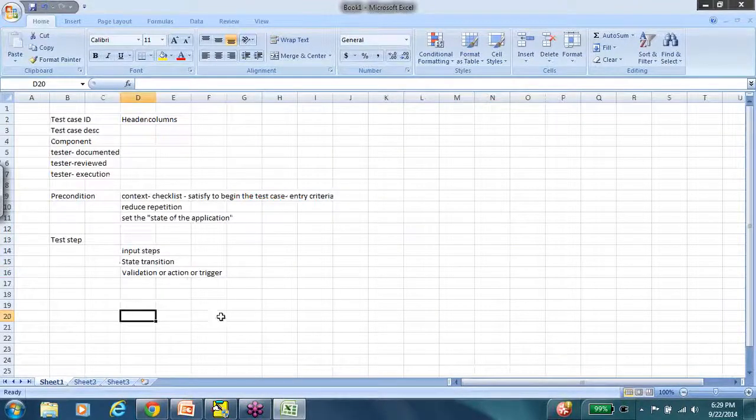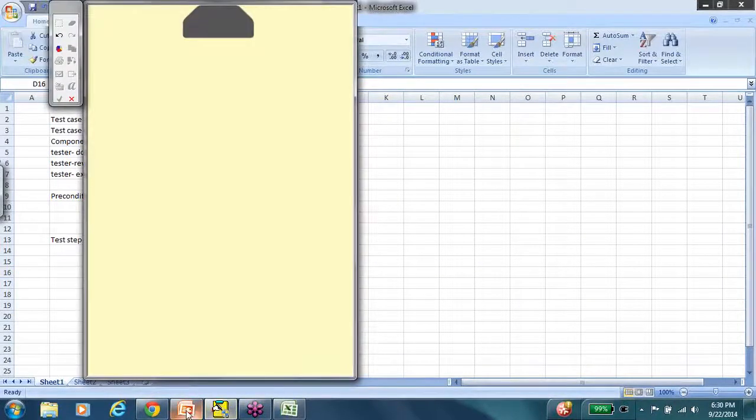Now finally, validation or action or trigger. This is very, very important because at the end of the day, the test case has to check for something. So if it is just going on entering data, see for example, if your test case